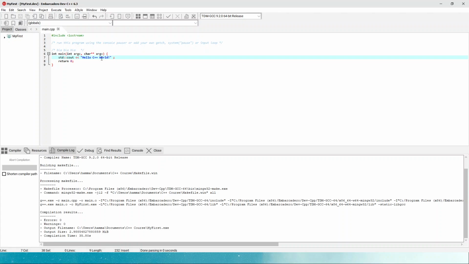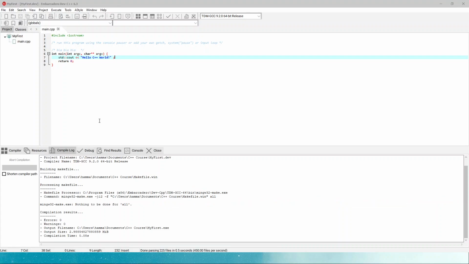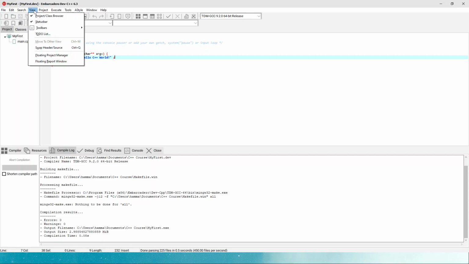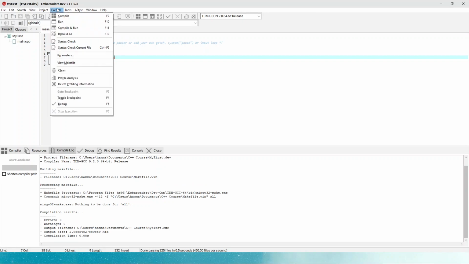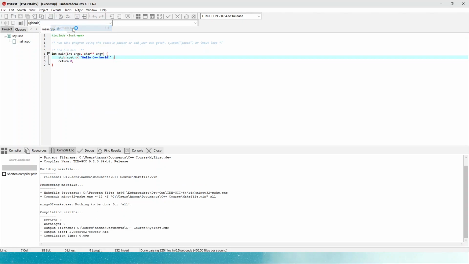Something didn't go right. Actually I didn't compile the program, so I have to compile the program. Now I can execute, or choose F11, compile and run.